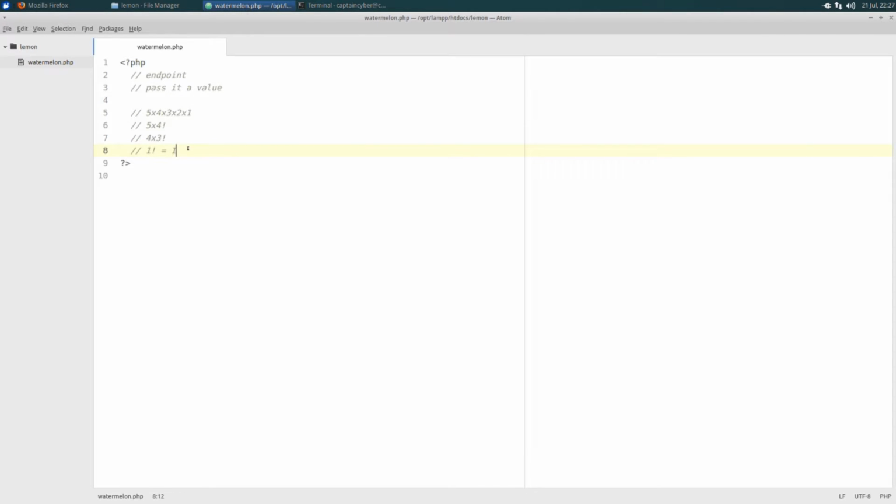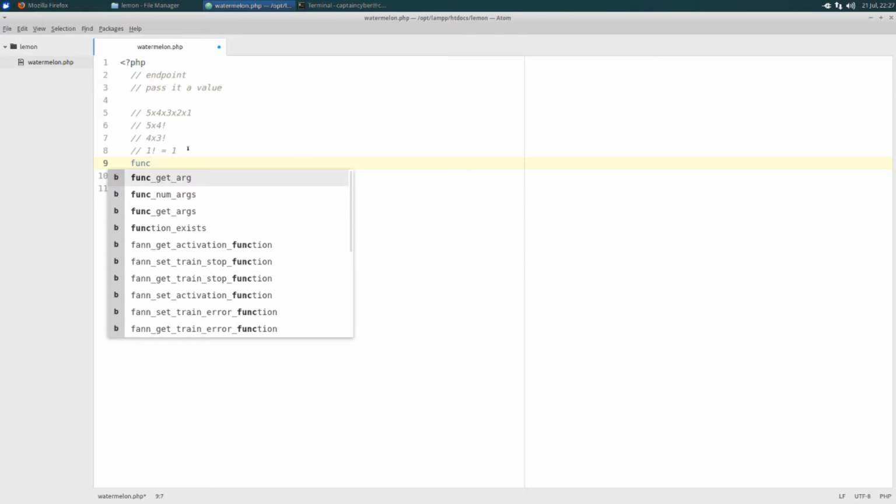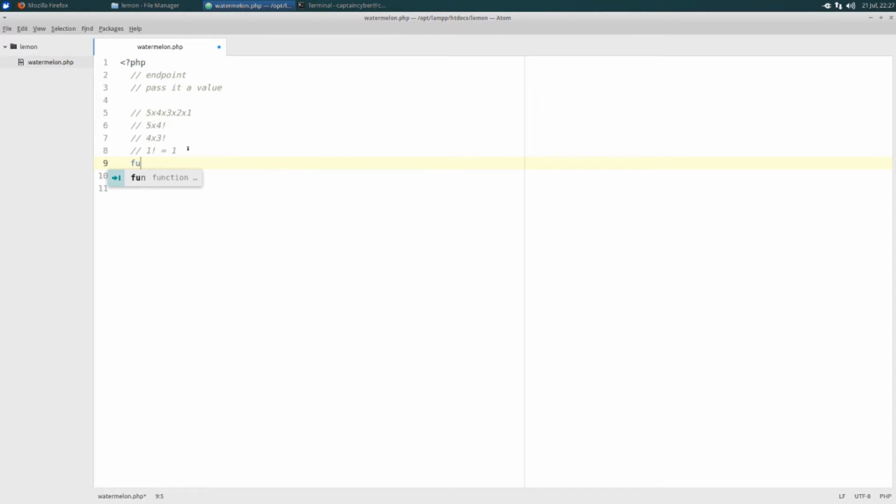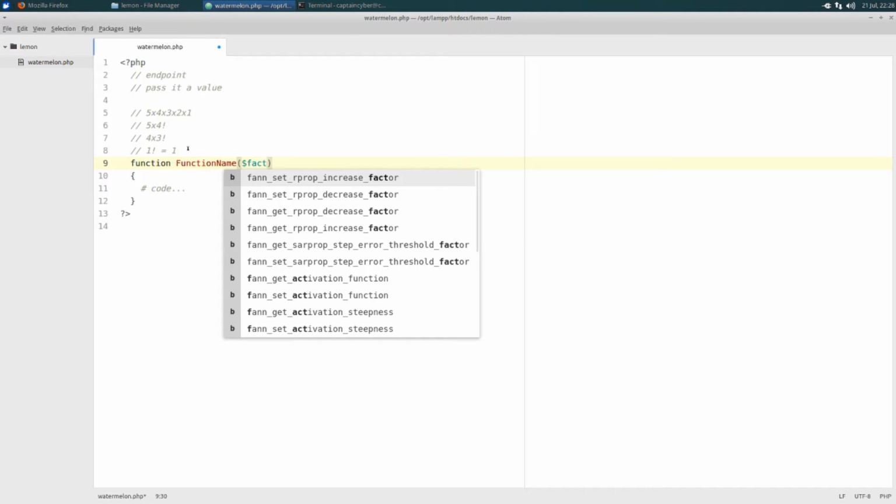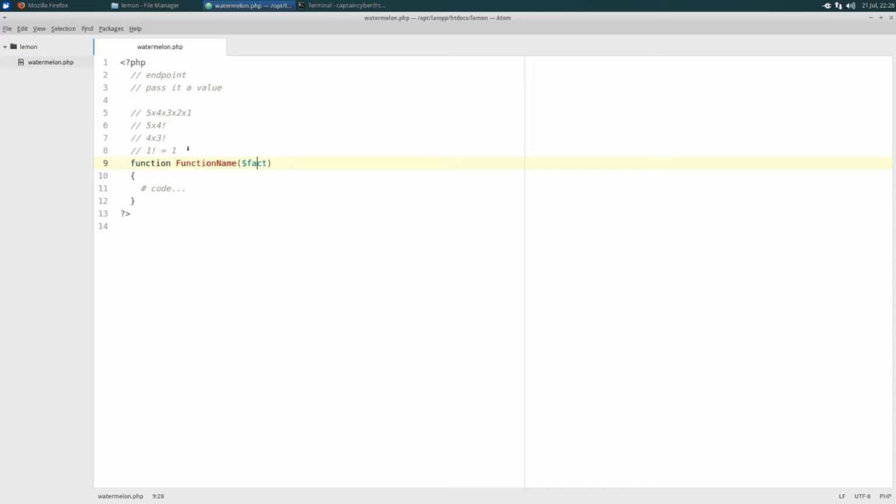I'll leave these comments here so that we can reference them throughout the video. So function, we'll ignore the public keyword. Here we don't want to pass $sign value, because that's not a good name, and when you're working with programming languages you want good names so it's readable and you can read it later. So what we want to pass is the fact, we'll just call it the fact, a number that we want to get the factorial of. And then here we want the name of the function,